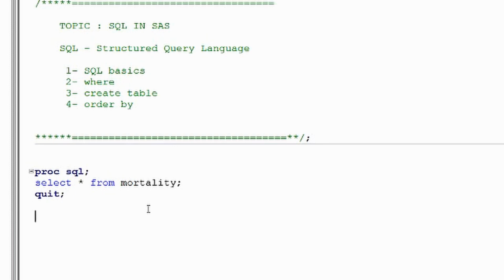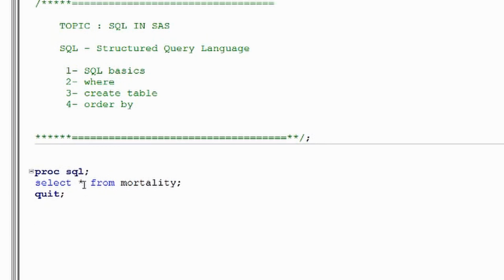A very basic thing. Let's learn each of the keywords first. PROC SQL is the SQL engine, so that's the first thing that we call. Remember, the SQL engine is somewhat like an external engine in SAS, so we call it first, and then select star from mortality. What does this star or asterisk do?